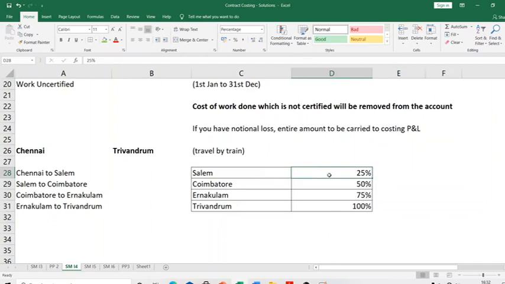Great. Next, the train immediately leaves, you cut the call. Then after some time I call you and ask, now where are you? You tell me all the stories that happened between Salem and Coimbatore. When the train is halting at Coimbatore, I ask you, where are you? You tell me, I am at Coimbatore. Then immediately I ask you, how much distance have you completed? You say 50% of the journey is over.